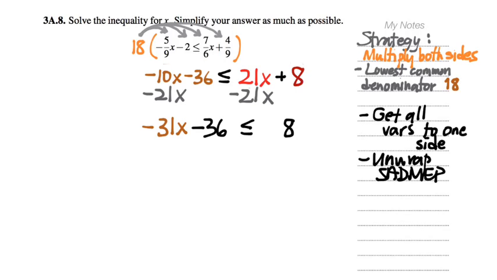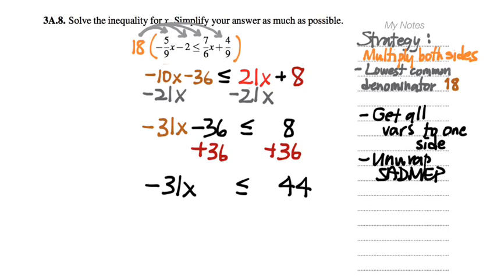Add 36, right. So we moved all of our variables. Now it's time to start the unwrapping process by reversing the order of operations. So do all of our subtraction and addition that we can do until there's none left. That involves adding 36 to both sides, getting negative 31x less than or equal to 44. And then finally,